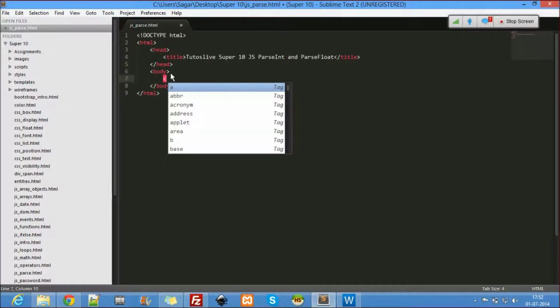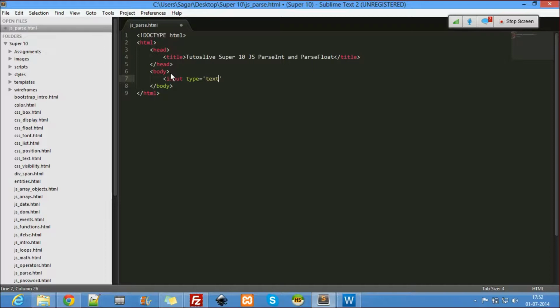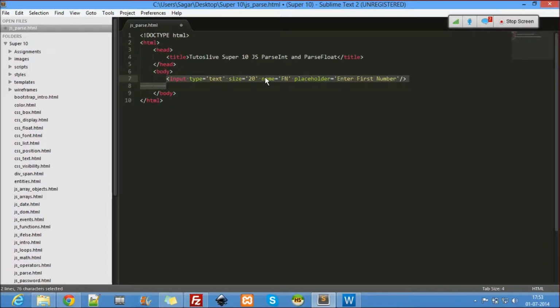Let me write here input type equal to text, size equal to 20, name equal to fn, placeholder equal to enter first number, enter second number, sn, so id equal to fn.